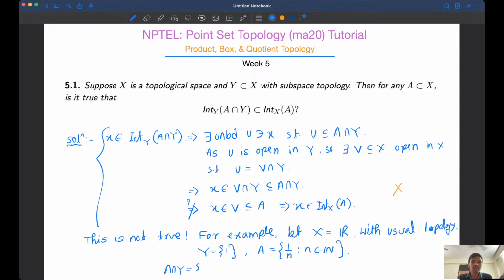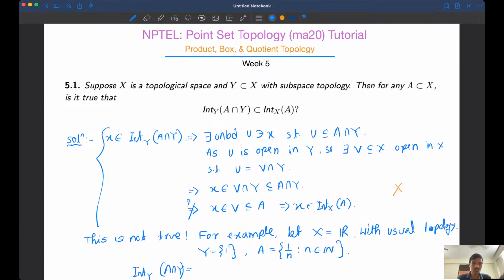1. And the subspace topology on Y, it being a single point, is nothing but the discrete topology, or the indiscrete topology, because there is only one point, so the topology consists of only phi and Y. So the interior of this set is this set itself, because there is only one open set Y and it contains Y. So trivially, the interior of the intersection with Y, with respect to this subspace topology,